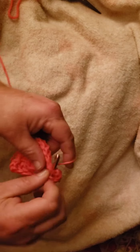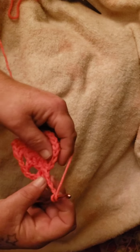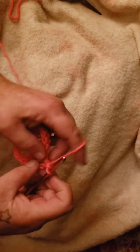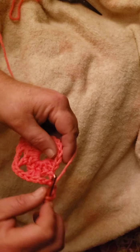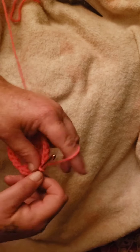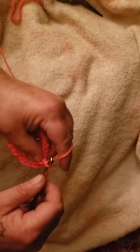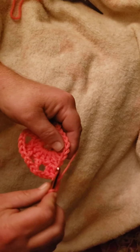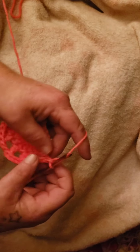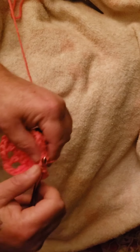And these are going to be your corners. And then you're going to chain 2, skip a stitch, double crochet, chain 2, skip a stitch, double crochet 3 in the same stitch, chain 2, skip a stitch, chain 2, 3 double crochets,